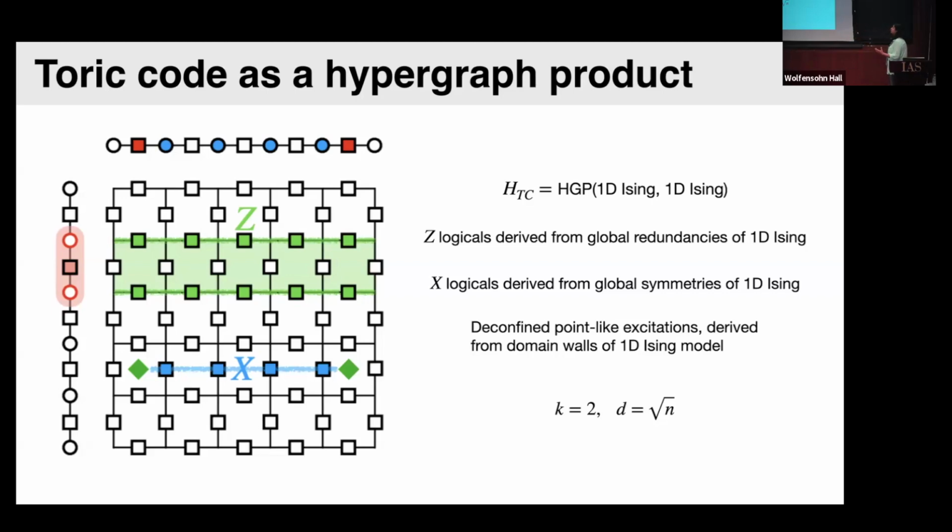And notice also that in the toric code, we know that the excitations are point-like, and they're deconfined. And actually, this is, again, derived from the domain walls of these input 1D Ising models. Okay, in your input 1D Ising model, you have point-like excitations which are domain walls, and once you've created domain walls, you can actually move them around at no cost, and that's exactly the same property that the charge and vortex excitations of this toric code have, and that again comes from these 1D Ising models